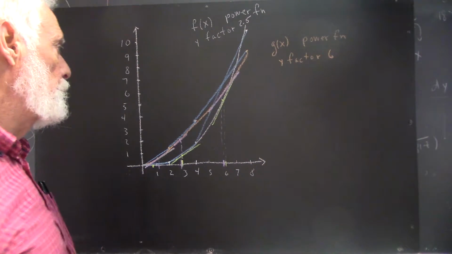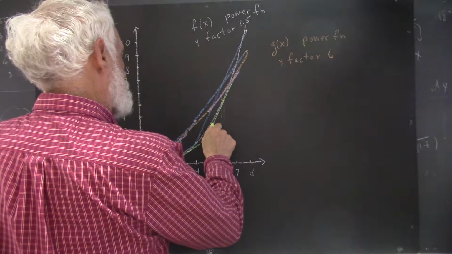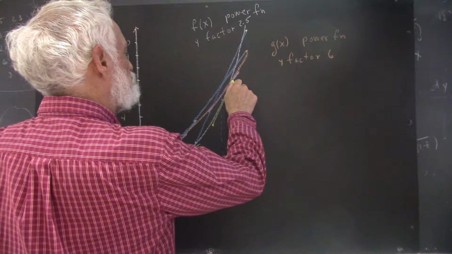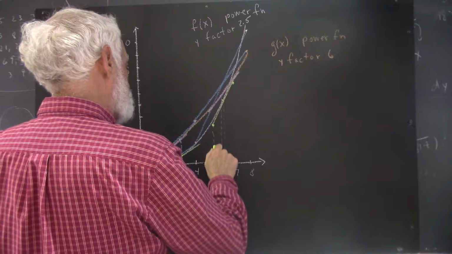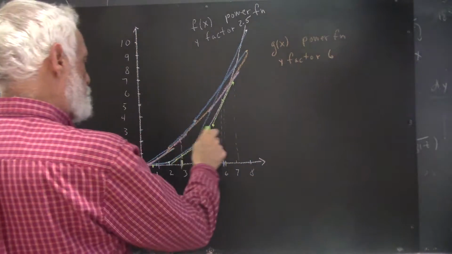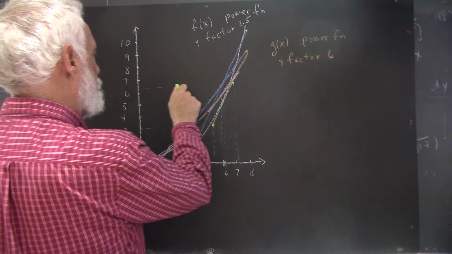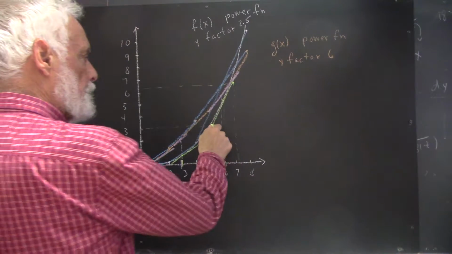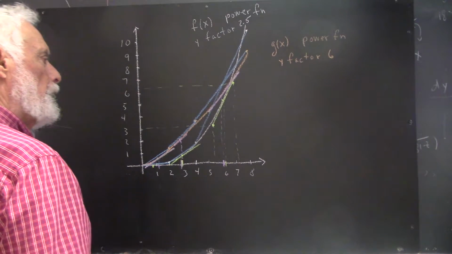I can do one of two things. I can estimate the coordinates of 2 points on each tangent line, and I want the points to be as far apart as possible, so I could estimate these coordinates, and these coordinates. So I'm going to say that this green tangent line right here has a slope